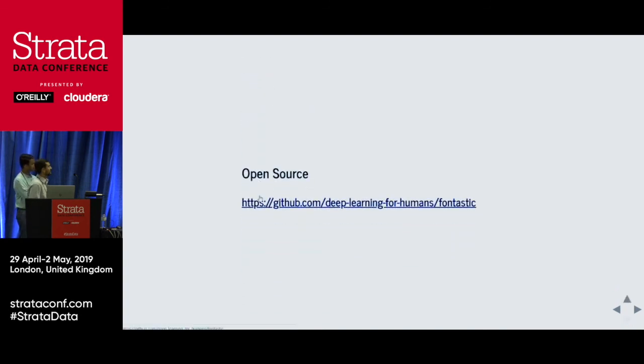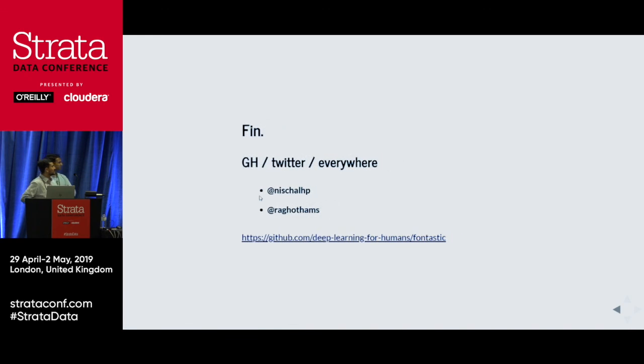And like we said, this is an open source project, not just Fontastic. We also want to work on different media. It's not just images, but also audio and different things. So please feel free to contribute. It's not that only 2 people can do this. We need more people who can bring in that awareness within the deep learning community. It's really very important. So yeah, that's about Fontastic. You can reach us on Twitter, GitHub, anywhere. And that's the URL for the project. Yeah. Thank you.